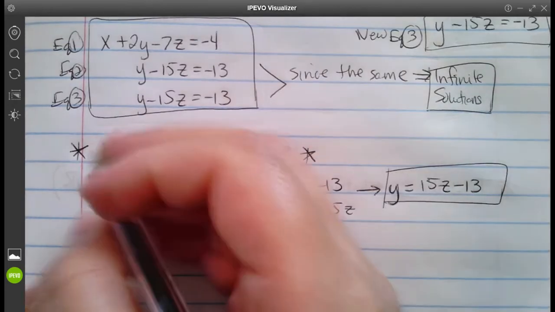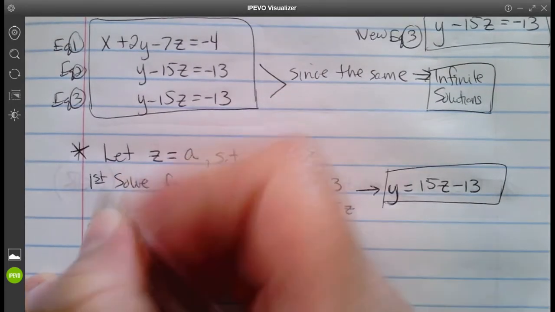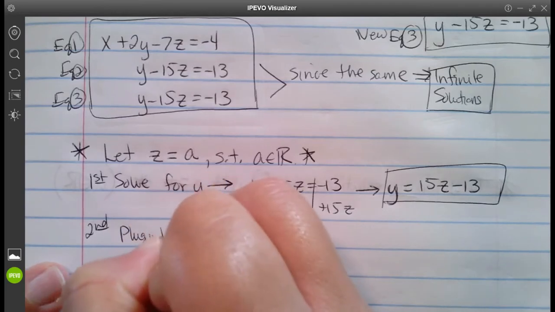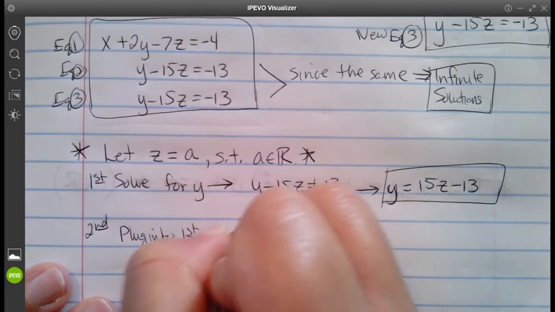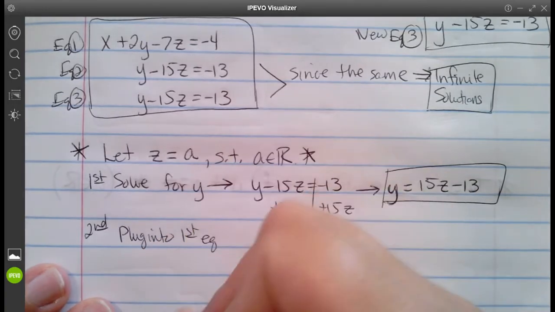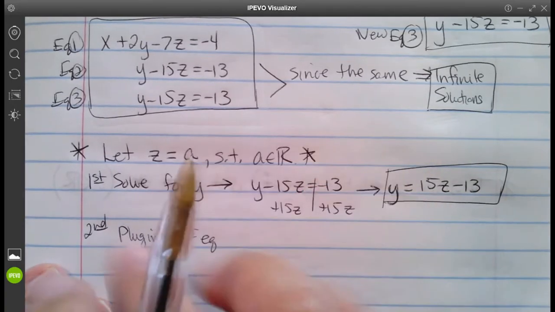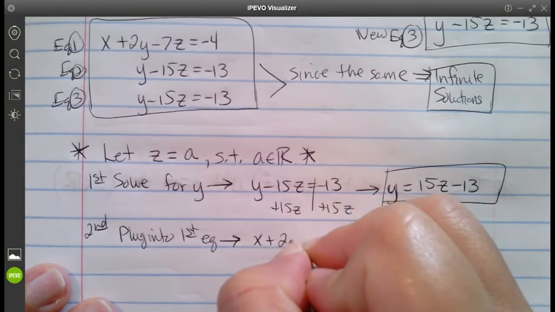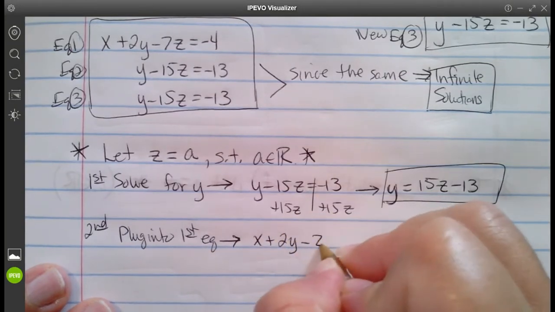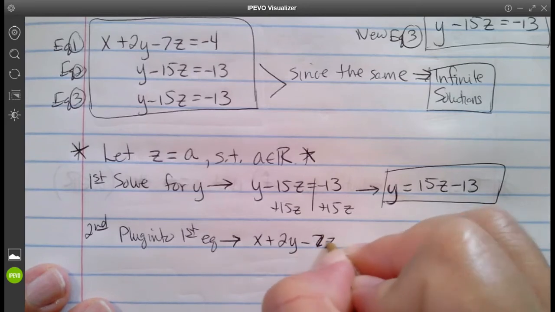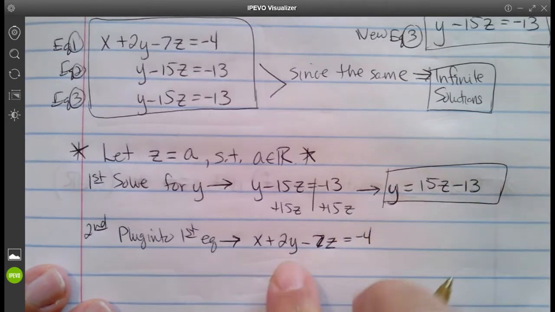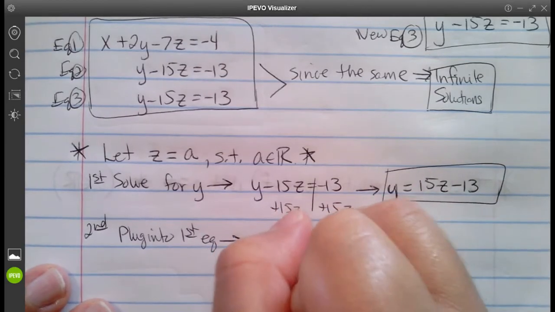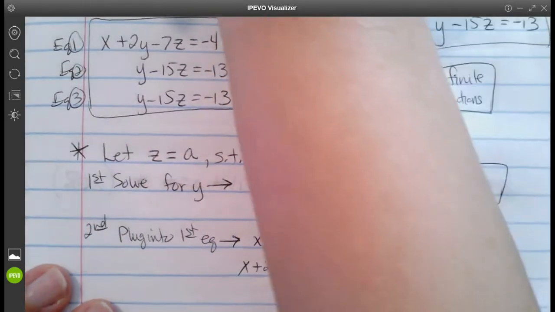Okay, second, we're going to plug into the first equation. So we're still kind of doing what we did in the other one, but instead of plugging in numbers, we're plugging in expressions now, okay? So now we have x plus 2y minus 7z is equal to negative 4. I'm going to plug in where the y is. I'm going to plug in all this. So x plus 2 times all of this,